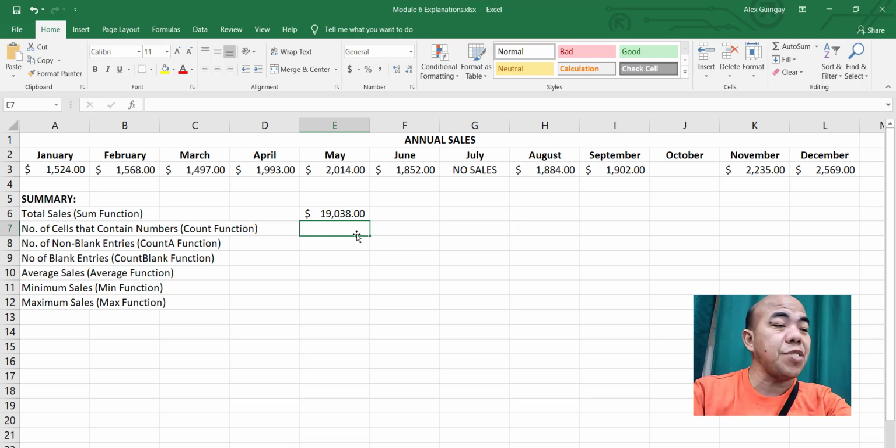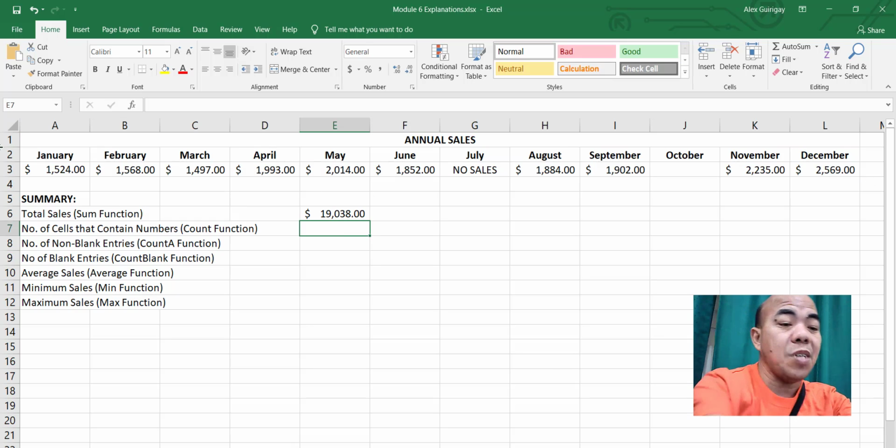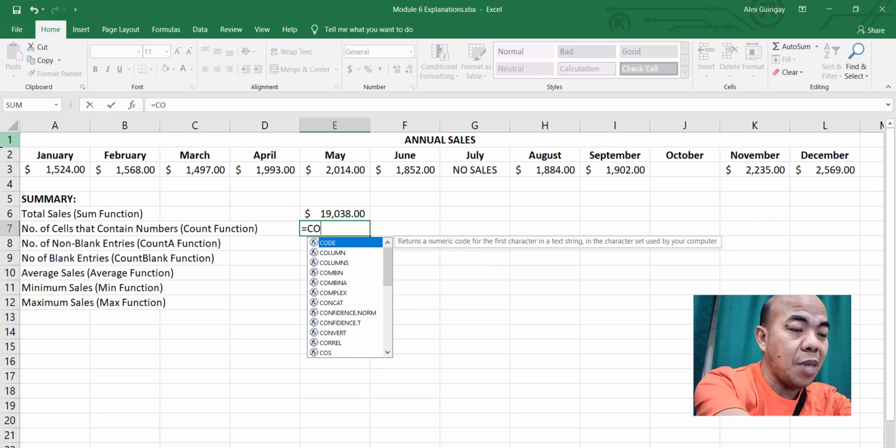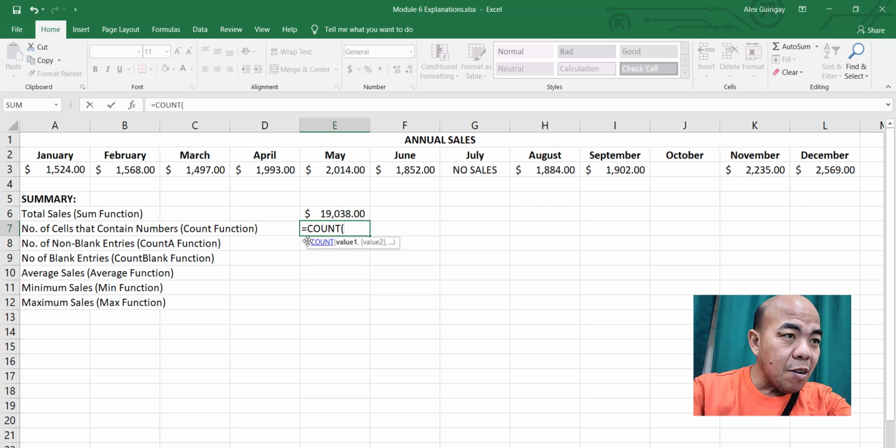Now next is the COUNT function. What it's trying to do is count all of the sales figures here that contain numbers. All you have to do is press equals again, then type COUNT, select this one, then drag here. This is going to be your range starting from January down to December.